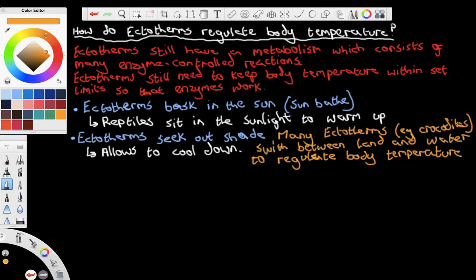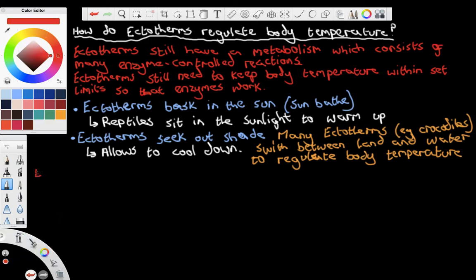Now, the benefit of this is that ectotherms use 1/10 of the energy that endotherms do. Because endotherms have to maintain this constant body temperature, their cells have to constantly go through respiration. Therefore, they need lots of energy to do this. However, ectotherms don't need as much energy. Reptiles use 1/10 of what humans do. So I'm going to put in red